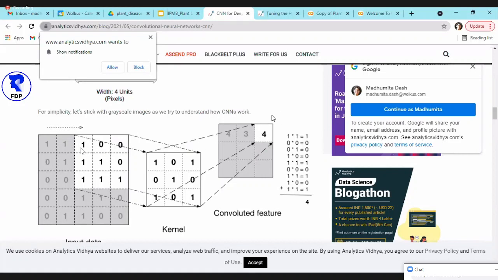So instead of dropout, where we remove certain features, in regularization, we are removing certain features. But when you have say 270,000 features, it's very difficult to know how to remove features. So with convolution, the excellent thing is that you reduce the feature size, but you don't remove any feature. You take the information from each pixel and convert it into one. So here, if you see, it is taking this matrix and converting it to the value 4. So that is your convoluted feature.